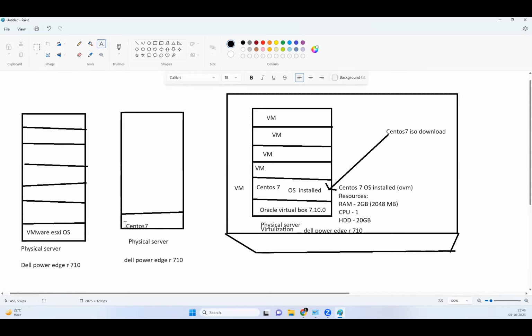In this physical server, we install only CentOS 7, only one OS on the server. But here, this is also a physical Dell server, but here we installed